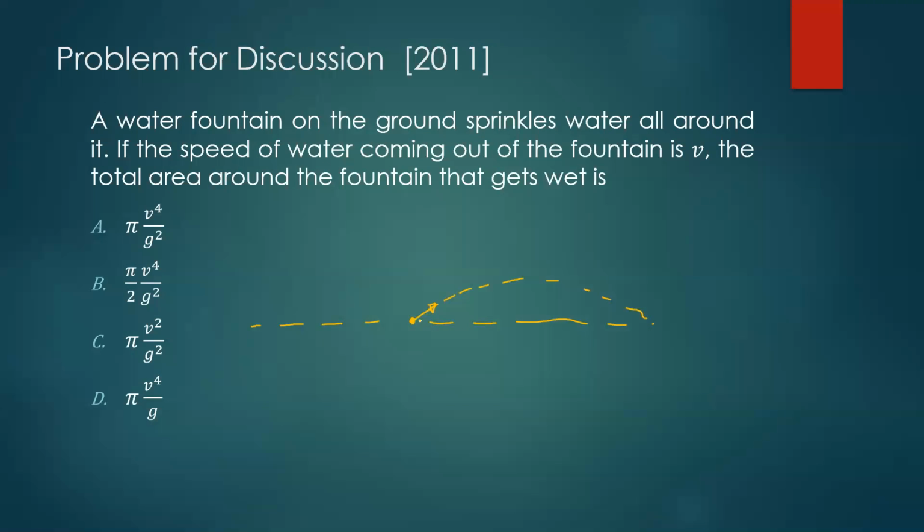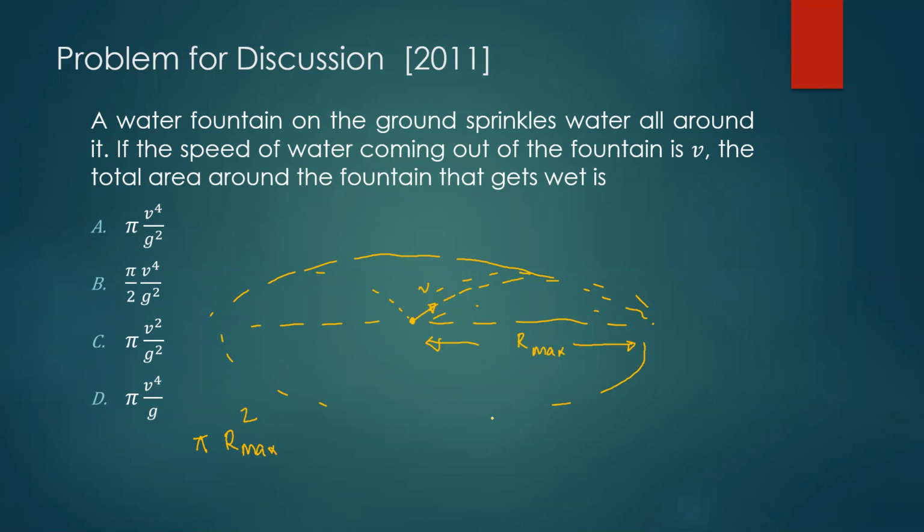If you vary the angle, the water goes all over the place. And if you switch the direction of the sprinkler, it can also move in this direction. So basically it can cover a circular region. You can imagine the circular region is horizontal. We're basically trying to increase the range as much as possible. If I get that R max, the required area would be pi into R max square. I hope you understand that, right?